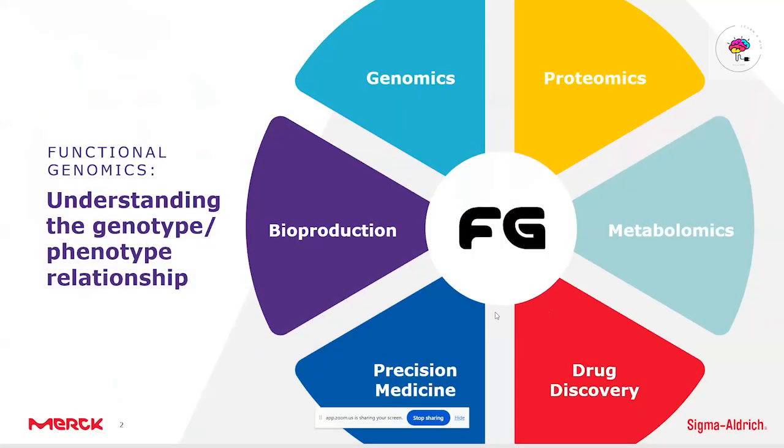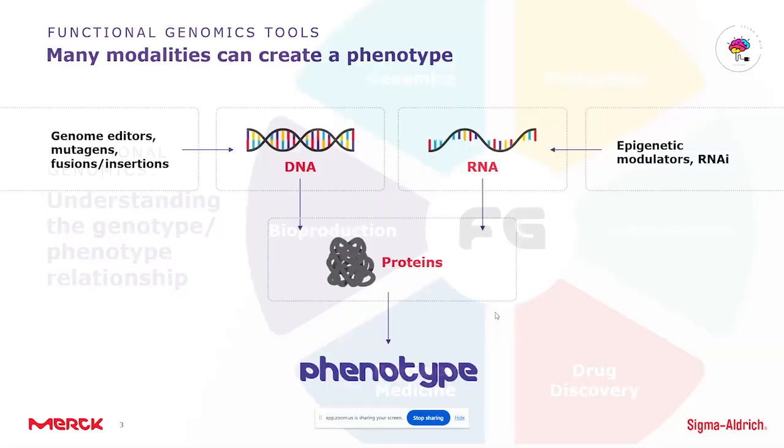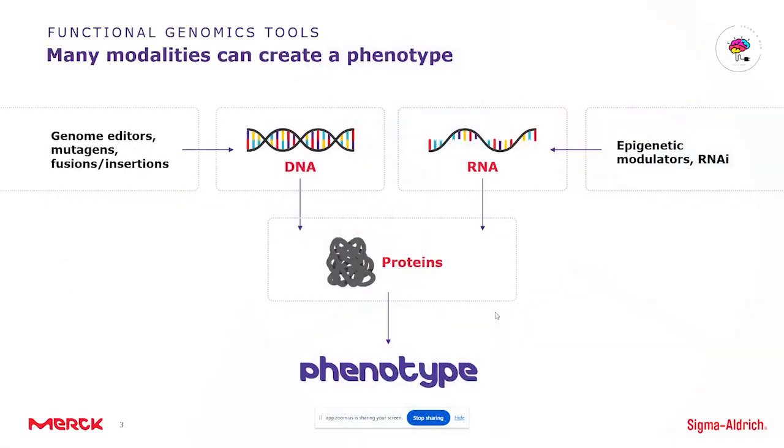This slide shows the importance of functional genomics overall. Functional genomics uses all the tools, bioinformatic tools, the genetic tools, proteomics, metabolomics, everything, in order to try to understand this relationship between genotype and phenotype. As you know, it's very complicated. That's why we are here today to discuss one of the great models that are used to study functional genomics, which is zebrafish, but to show the complexity of trying to understand this not easy relationship